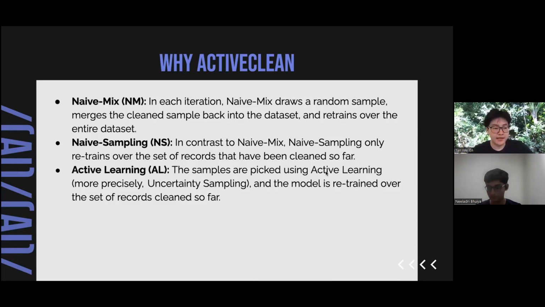So it is the naive mix, naive sampling, and active learning. For each of these methods, a brief introduction is here. Naive mix draws a random sample and merges the clean sample back into the data set. And I think it's naive mix, not native. Sorry, yes, naive mix. My bad. Naive sampling, in comparison to naive mix, only retrains over the set of records